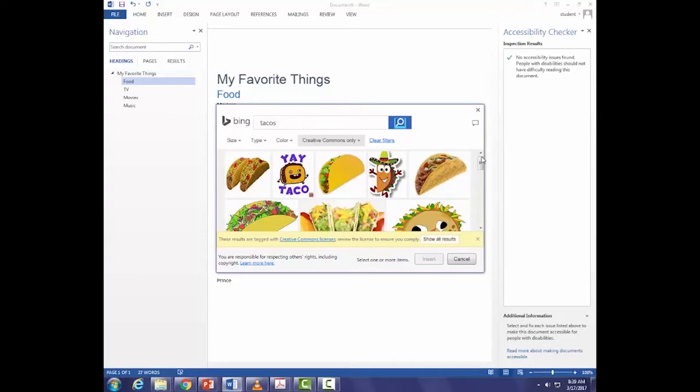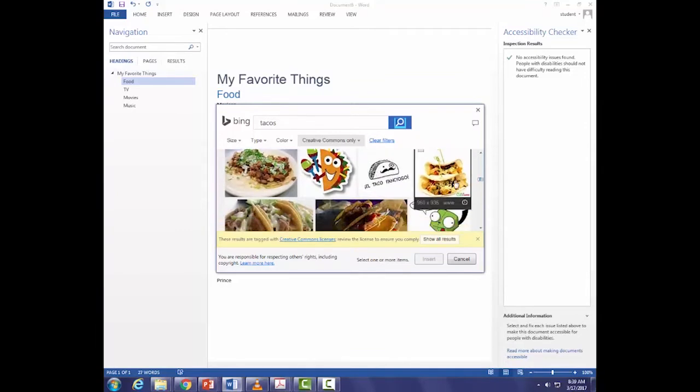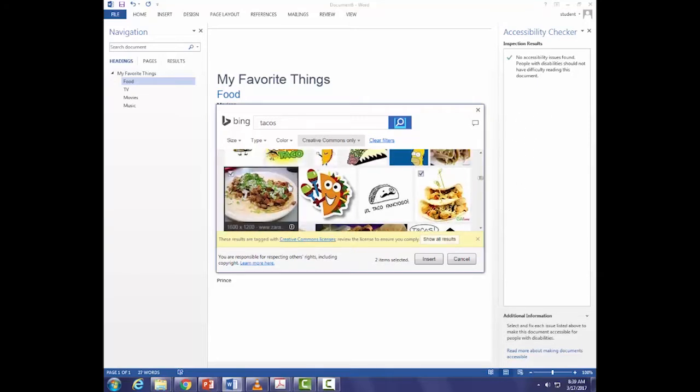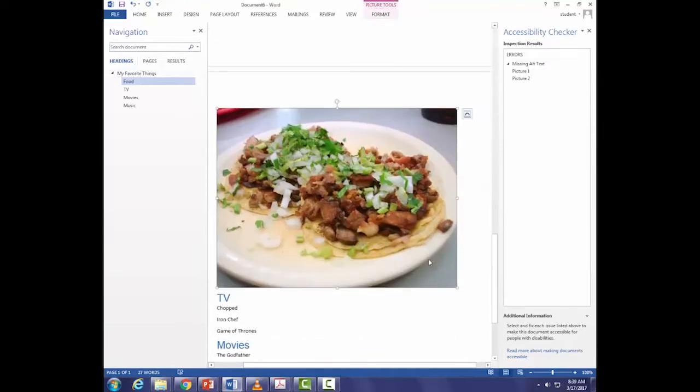All right, so you should get a box of choices of images that you can put in there. So I'm going to scroll down and just pick a food. I'm going to pick these tacos here. Oh, actually, I'll pick these. They're more traditional. And I'm going to insert this picture. Now, I want you to look at my check accessibility box. So I've chosen the image that I want to insert inside my document. It's right here. I want you to look at the accessibility checker. I'm going to insert it. All right, so I have these beautiful carne asada tacos.